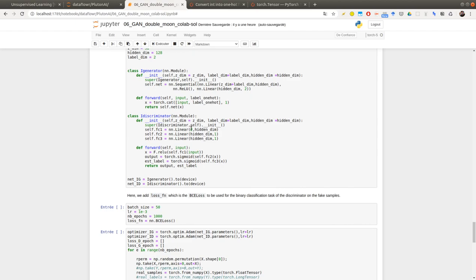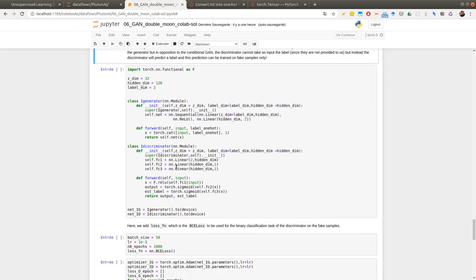So now I have modified slightly the architecture of the discriminator. So there is only one input, which is a 2D point, so this is why you have a 2 here. But now you see that I'm producing both an output, which is exactly the same as before. So I'm trying to predict whether the input is part of the dataset or it's a fake point, and an estimation of the label.